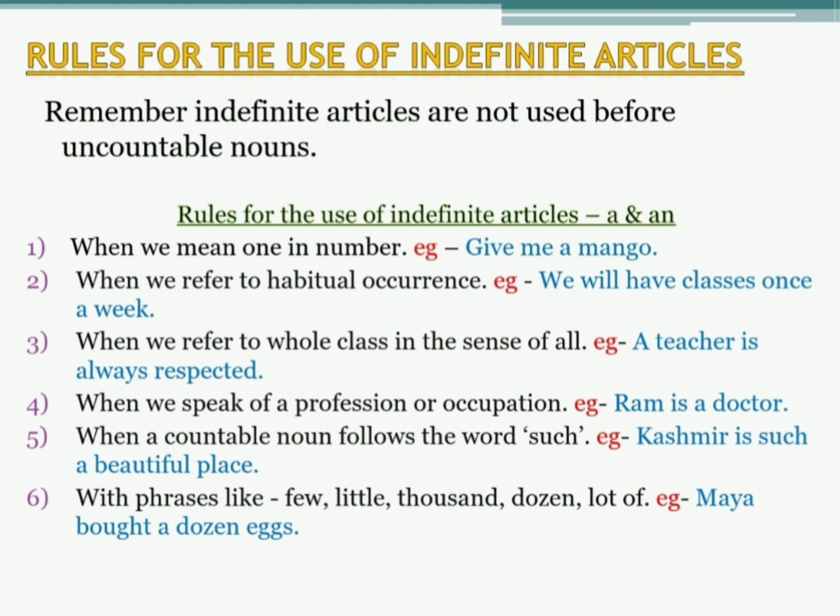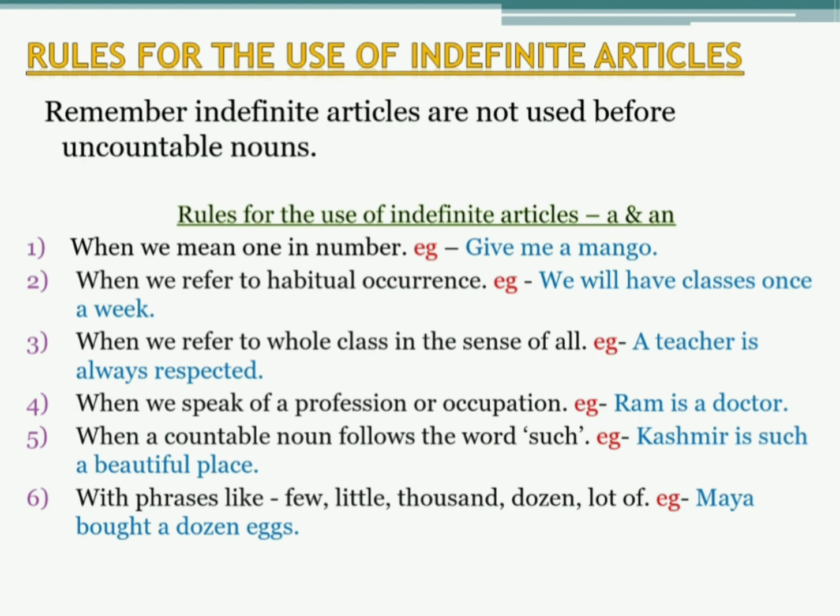Also, the next rule says that when we speak of a profession or occupation, for example, Ram is a doctor. The next rule is that when a countable noun follows the word such. For example, Kashmir is such a beautiful place. And the last rule,